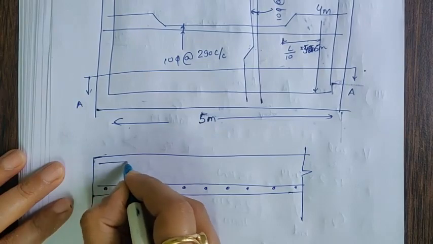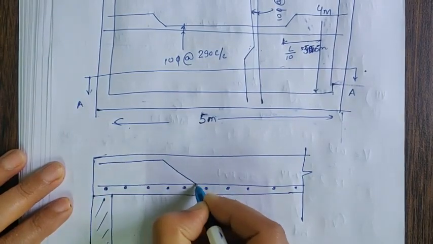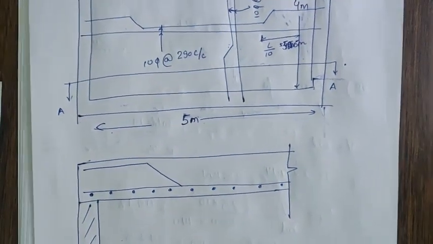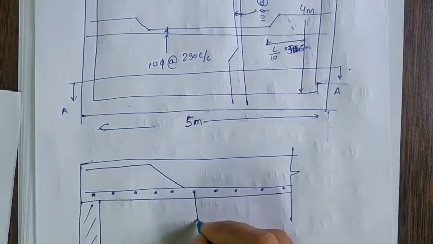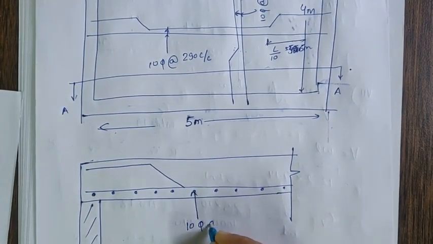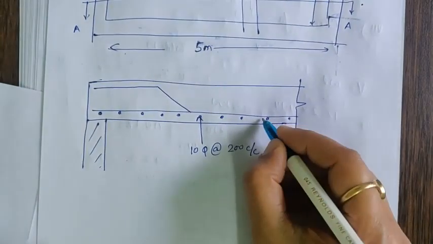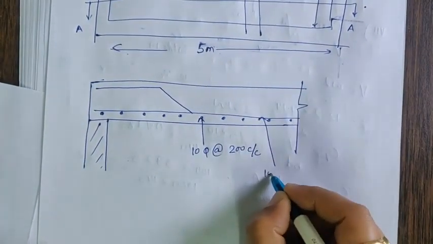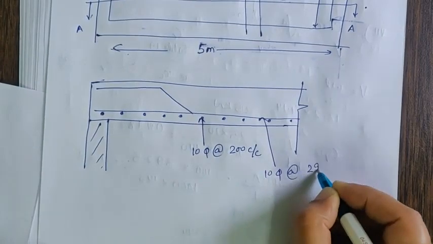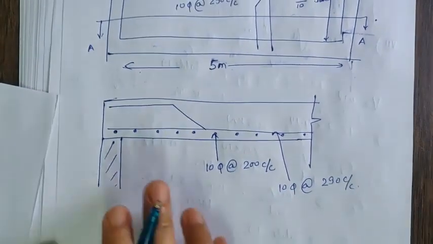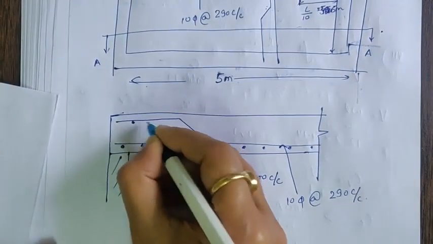Okay, half of the bars are bent up. Clear? So this bar is 10 dia at the rate of 200 center to center. This bar is 10 dia at the rate of 290 center to center. Half of the bars are bent up,